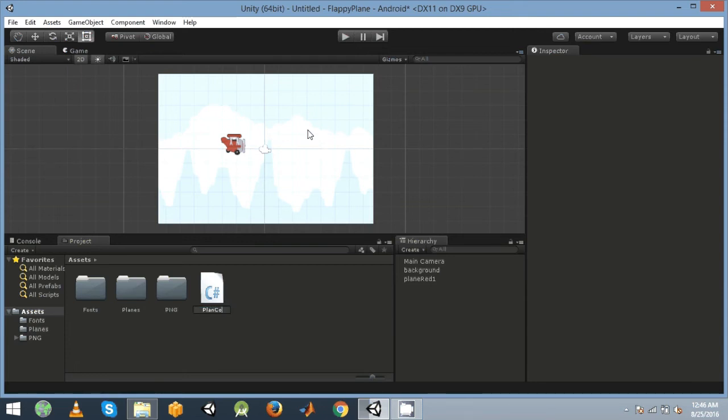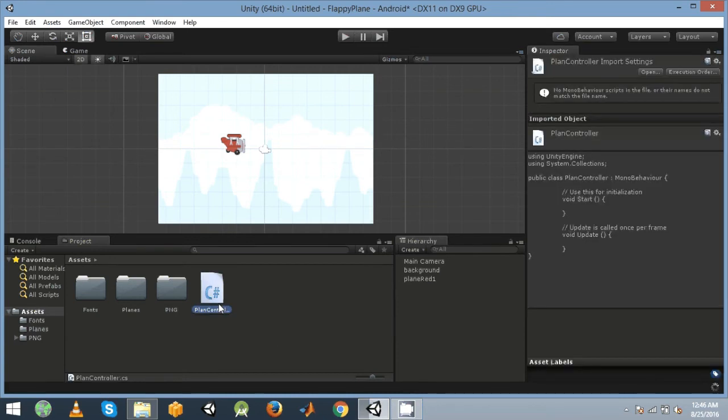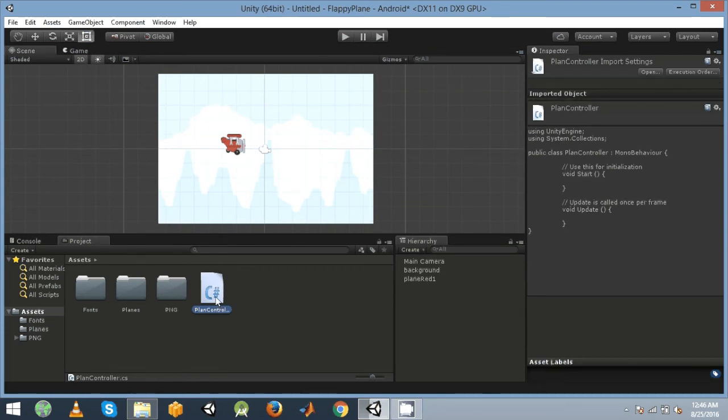We will apply that script to the plane. Now double click that script and the script will open in a new window.